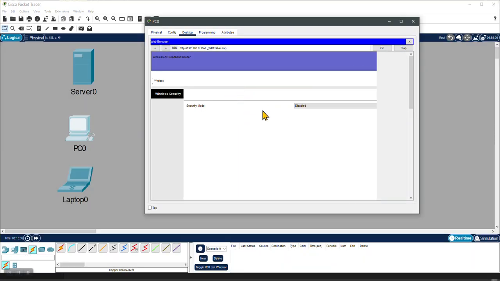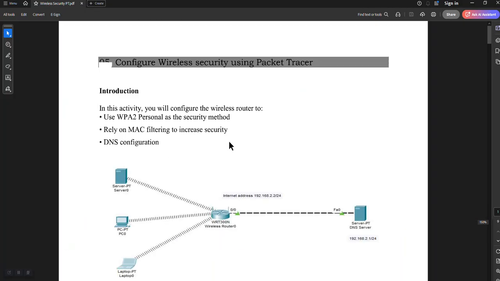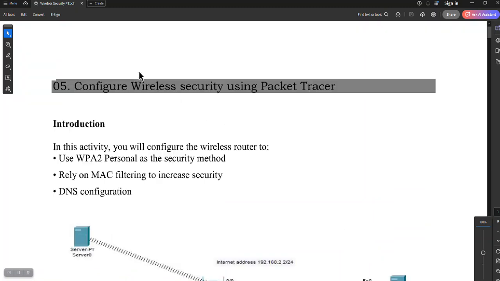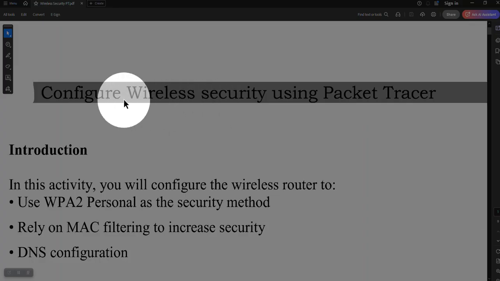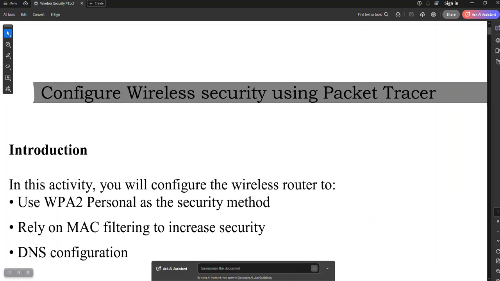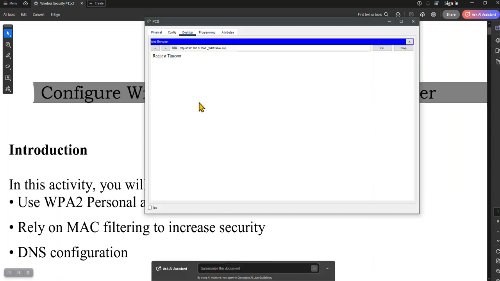Security is disabled. So just one thing, I want to go back to the manual, just to confirm this knowledge. It says wireless security using Packet Tracer. This is the important part. This is what we are really doing: wireless security. We are securing a wireless network. If we go back,